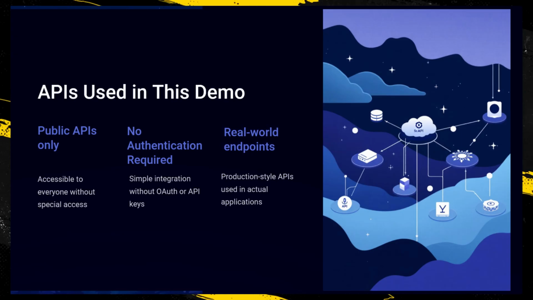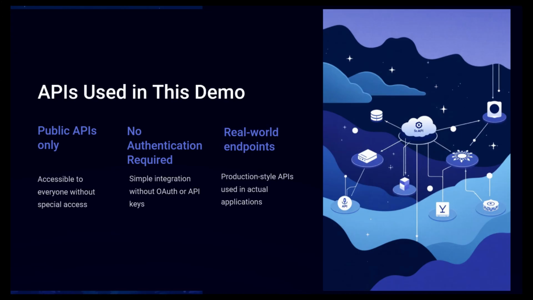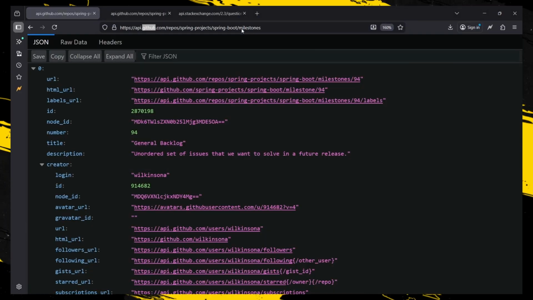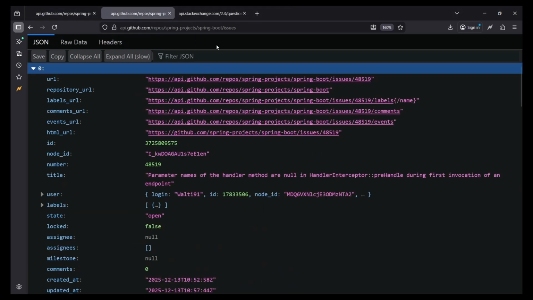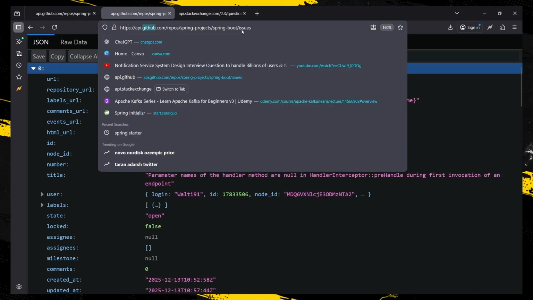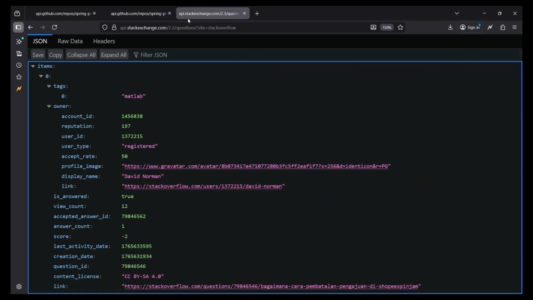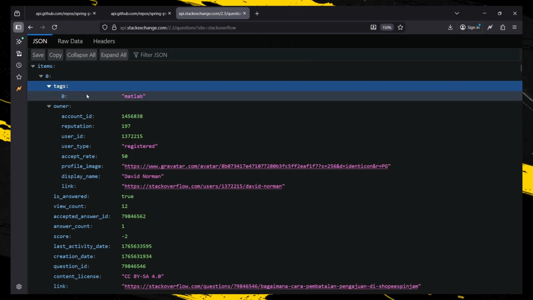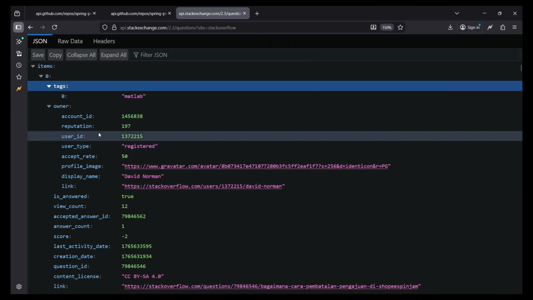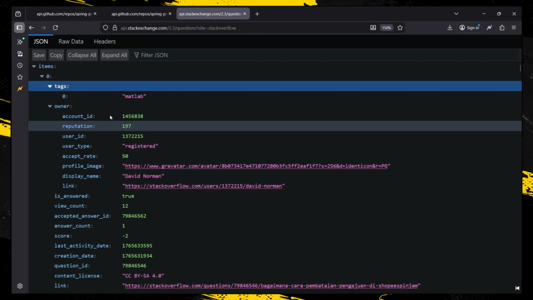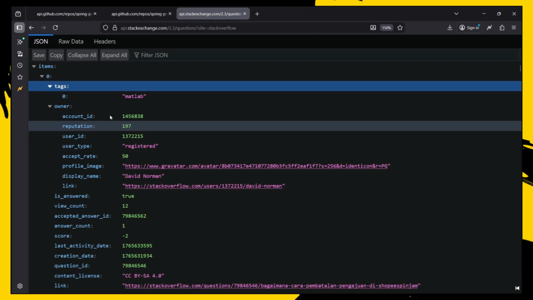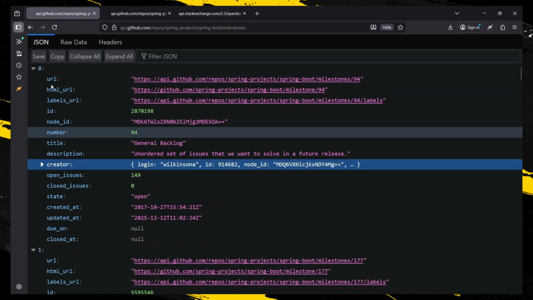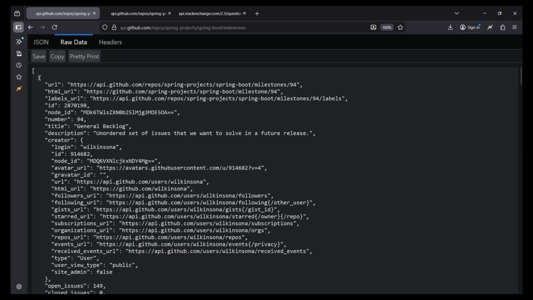So the first one is the GitHub Milestone API. So this endpoint gives you the release planning information. Next API is GitHub Issues. This endpoint is extremely common in real systems for bug tracking. And the next API that we have is from Stack Exchange to get all the questions from Stack Overflow. Alright, now that we have seen the APIs that we'll be dealing with, next we'll create Java classes to represent the API responses. So let's click on this raw data and we'll copy this full JSON object